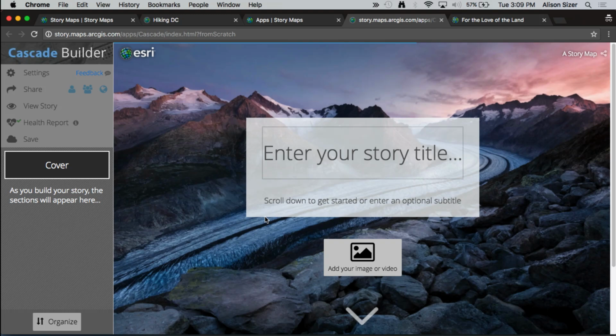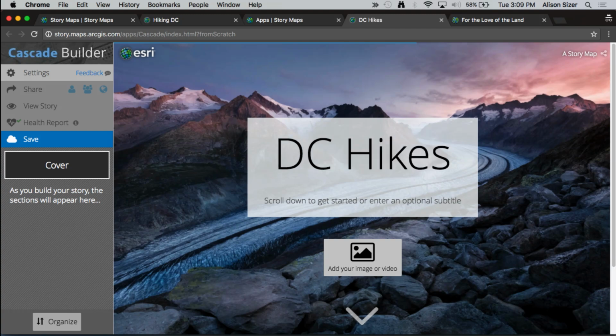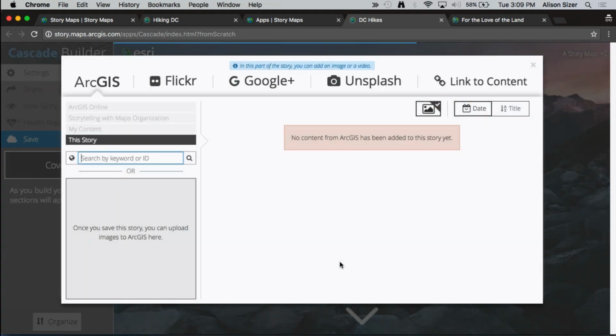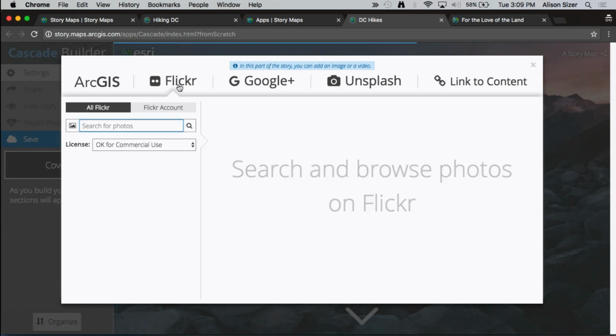So we're going to start in on the app about the hikes, and it's going to incorporate maps and 3D scenes and photos and text. And I've chosen Cascade because I want a narrative format that guides my audience through hikes. So I'm going to enter a story title here. So DC Hikes. And this is a whole builder function that, if you are not at all a developer, is completely accessible to you, and you can just choose what multimedia you want in here, and you don't need to know any coding at all. So we're going to search for